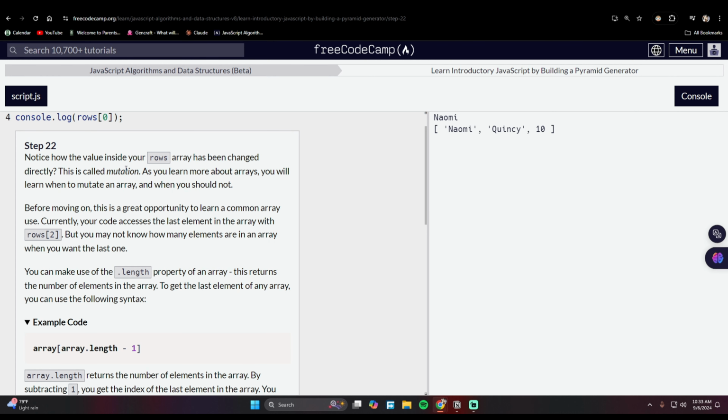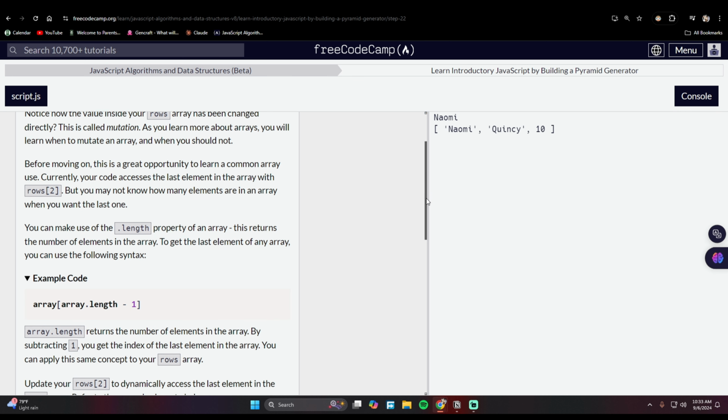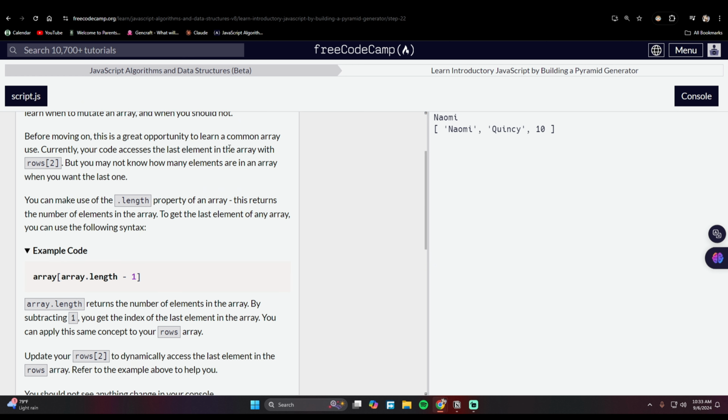Notice how the value inside your rows array has been changed directly. This is called mutation. As you learn more about arrays, you will learn when to mutate an array and when you should not. Before moving on, this is a great opportunity to learn a common array use. Currently, your code accesses the last element in the array with rows[2], which is at the third index